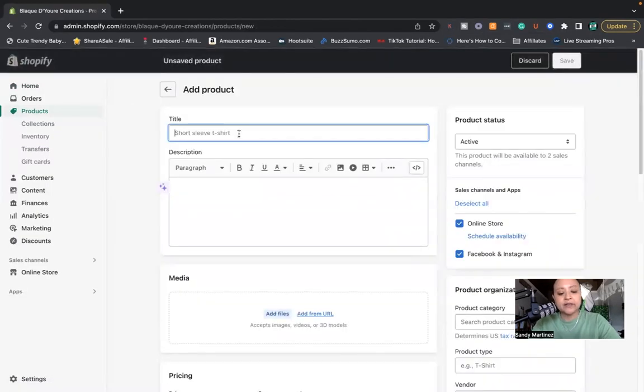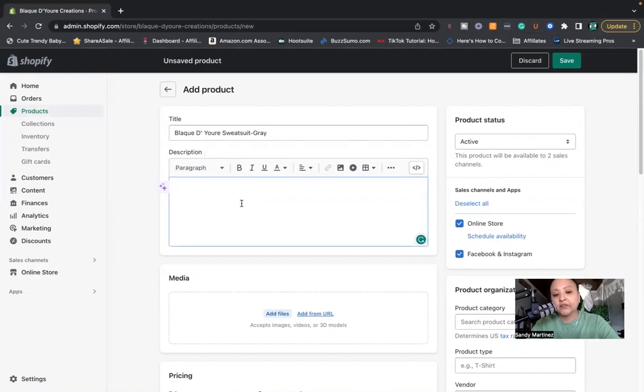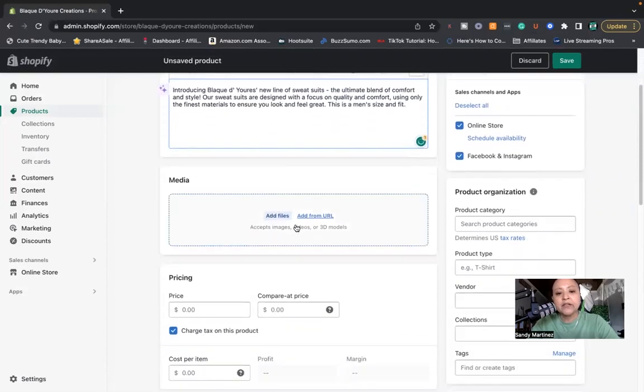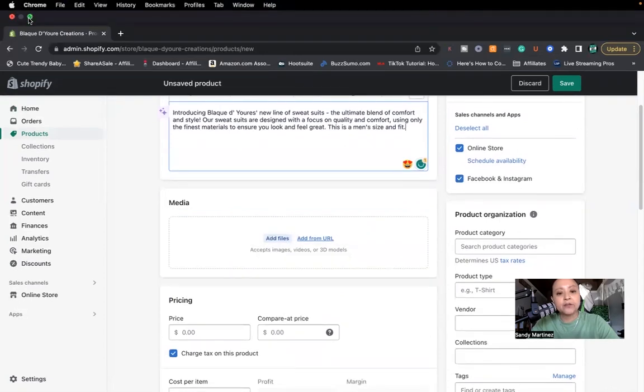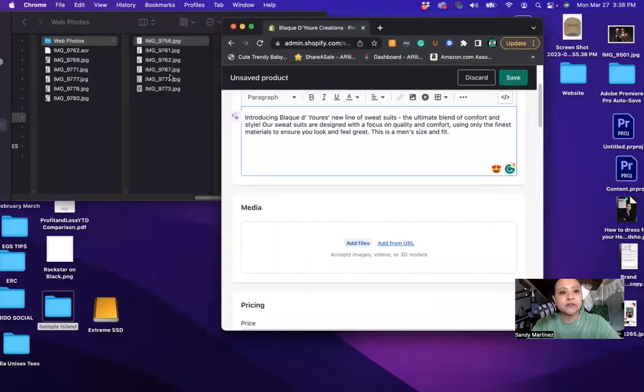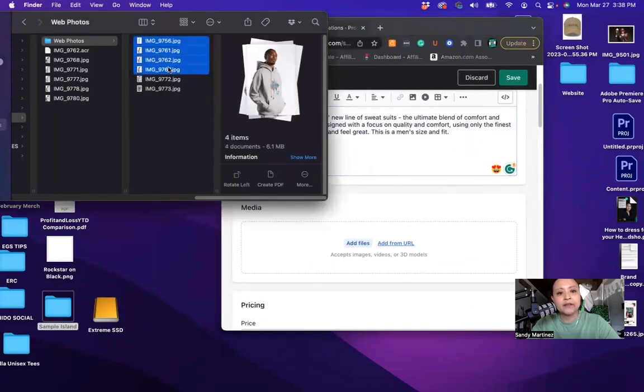You're going to add a title. Okay, then you're going to want to write a description of the product that you're adding. I already have one written out, so I'm going to just paste that in there. Here's the media. This is where you're going to add the photos of your product. And I have mine saved here. So I'm just going to grab that and drag and drop it